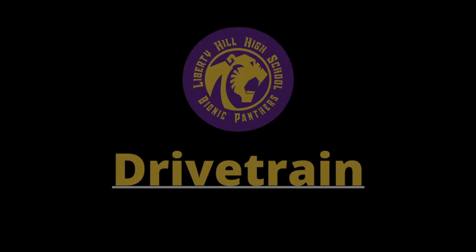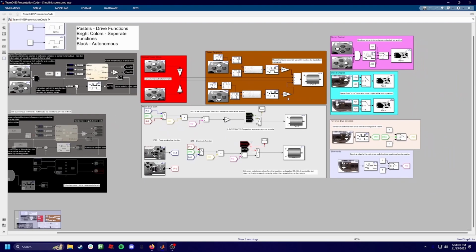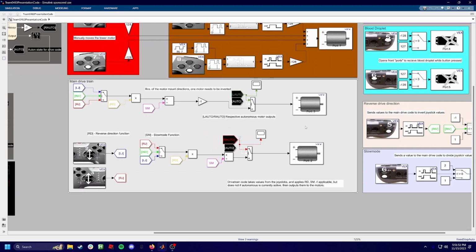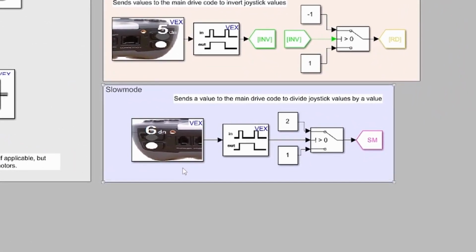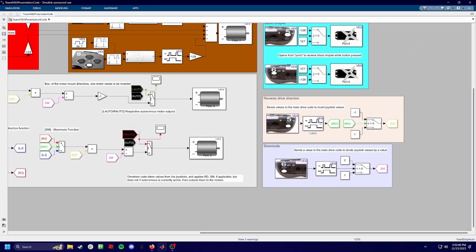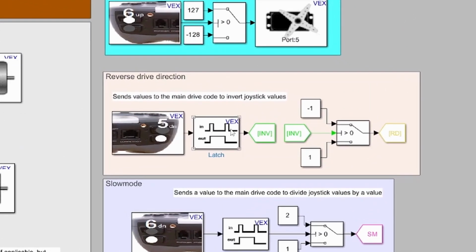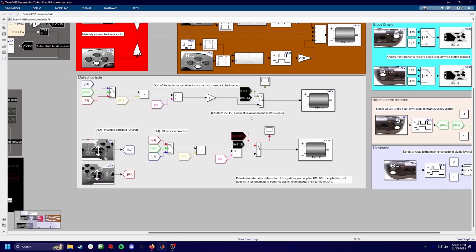Our Simulink model is organized around our drivetrain. Our drivetrain uses many go-to and from blocks to take data from drivetrain functions and autonomous functions. Our drivetrain functions include a slow mode, which divides the output voltage to the motors by a set value, currently set to 2, which effectively makes the robot drive slower. It also includes a reverse drive direction, which allows us to drive the robot backwards as if the back was the front. It does this by inverting the output voltage to both motors and by changing which joystick controls which